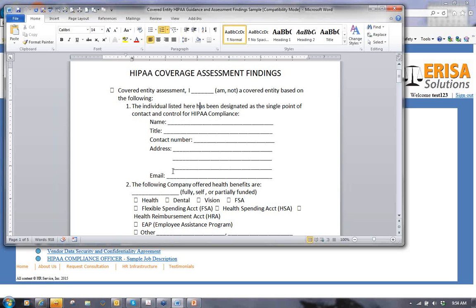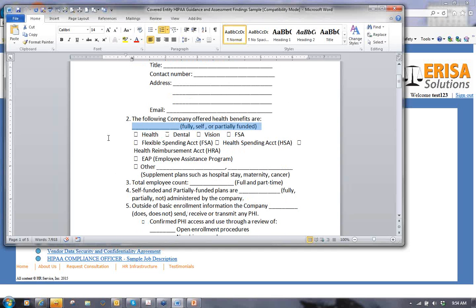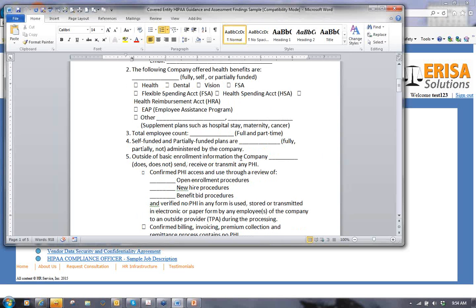Here you will identify who the individual is going to be that's going to control and monitor your HIPAA compliance. So that might be the person you name your compliance officer. You put all their information here. Here you'll indicate the types of healthcare benefits that the company offers. So we go through and say, okay, here are all the things we offer. You'll put total employee count, full and part-time, if you're a self-funded or fully funded plan,